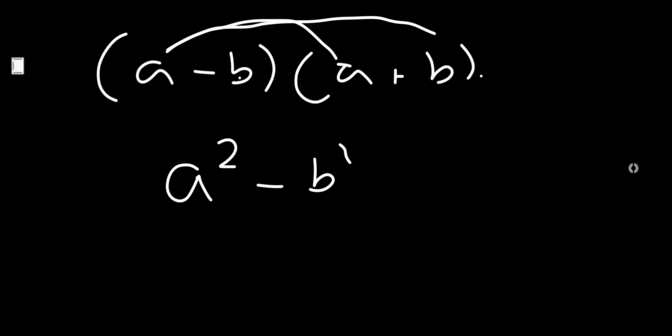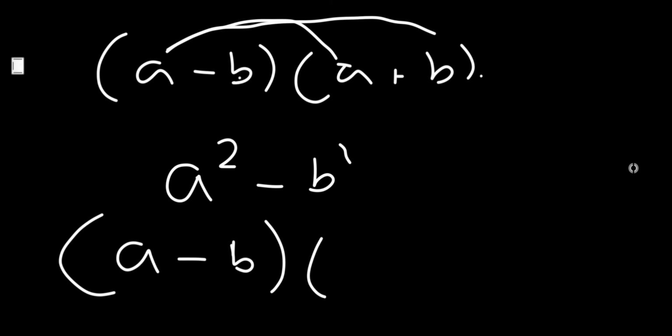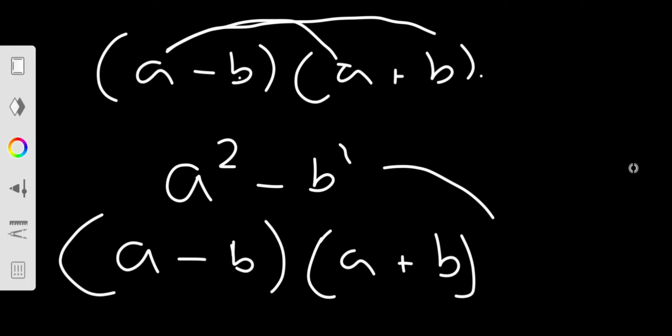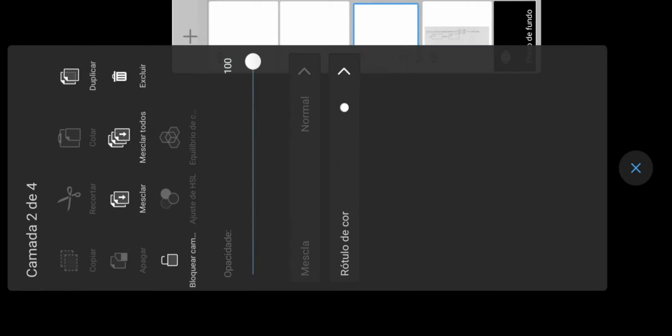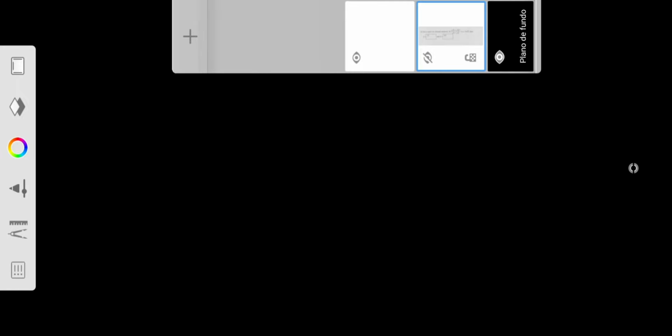So whenever you have a number, not just a number, okay, minus another, multiplied by the same thing that we're calling a plus the same thing that we're calling b, you will end up having this, okay? So this is the first one, and there's another thing that I need to talk about. The second thing is